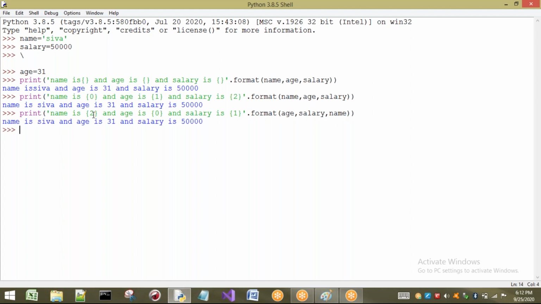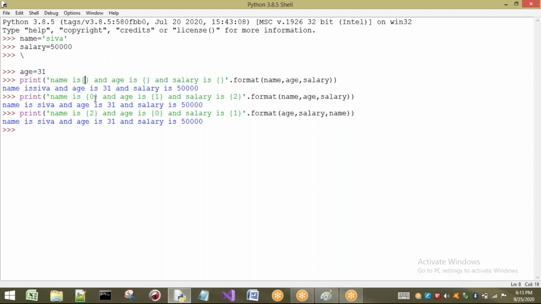Okay, but here you have to understand that these arguments are called positional arguments. Here we have not taken any arguments. By default, whatever order you have given in the format method, based on that the values are going to be arranged here. As we have 0 first, by default name is going to replace here. Second one is age. As this is the second argument, wherever you see this replacement operator, this is first, this is second, so this will be replaced by age. And the third one is salary. So the third argument will be replaced in the third position.